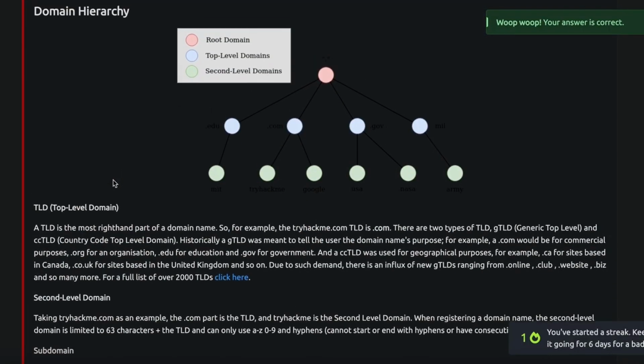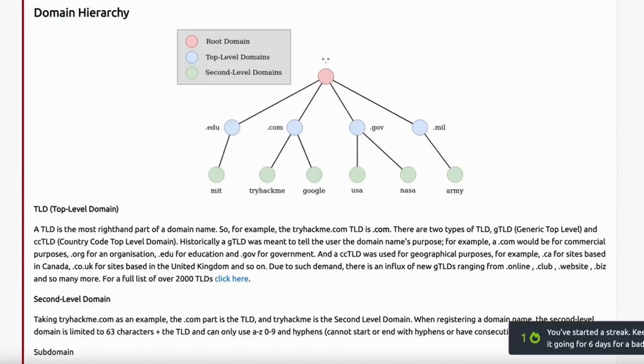Well, there are also more levels of DNS, believe it or not. In the next section, we go through the domain hierarchy and we see root domain, top level domains, and second level domains. And it will show examples of what each one of these domains are. For instance, you can see .com is like a normal privately owned company and .gov is any site that belongs to the US government. Other governments have websites on the internet. For instance, .ru belongs to Russia. .cn belongs to China. There's several others. There's a whole directory I'm sure you can find online, so check it out.